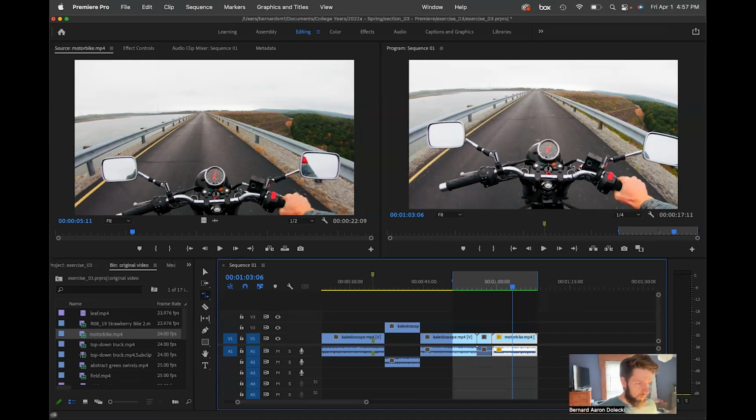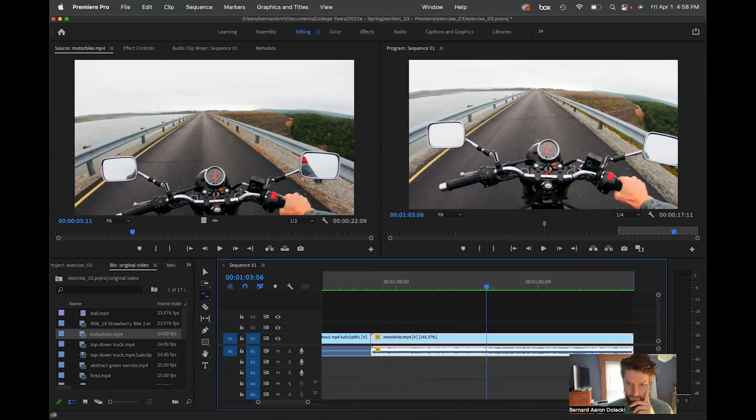And then the last one is the slip edit tool. This tool keeps the physical trim points intact on your timeline while allowing you to slide the content either forward or backward in time. So this can be beneficial. And I think I did actually use the motorcycle clip for this as an example, because you could see the background jump. So if we zoom in here,